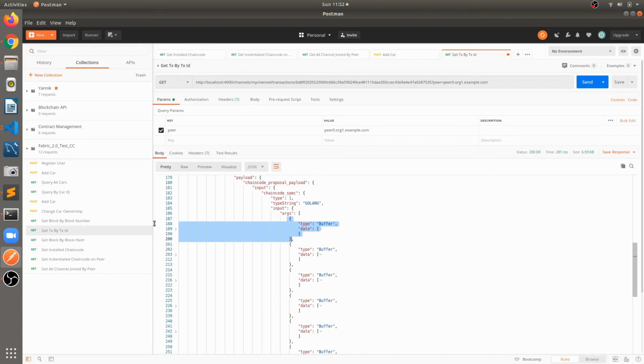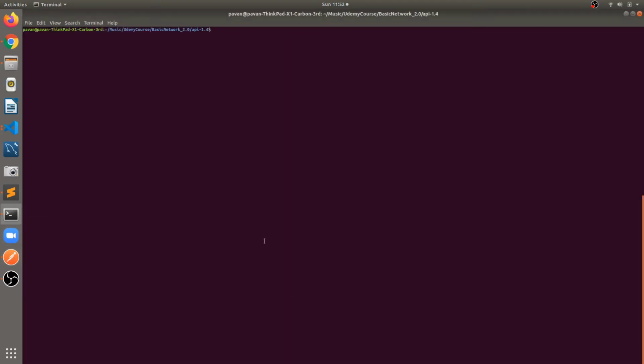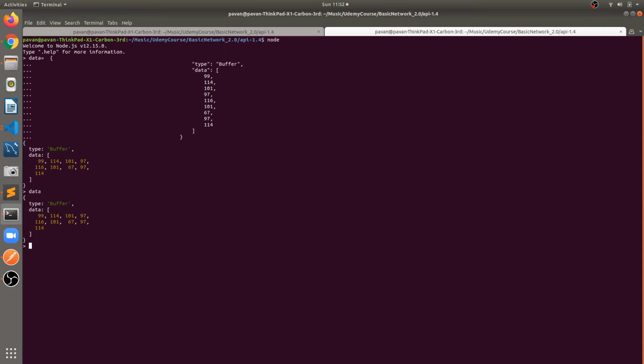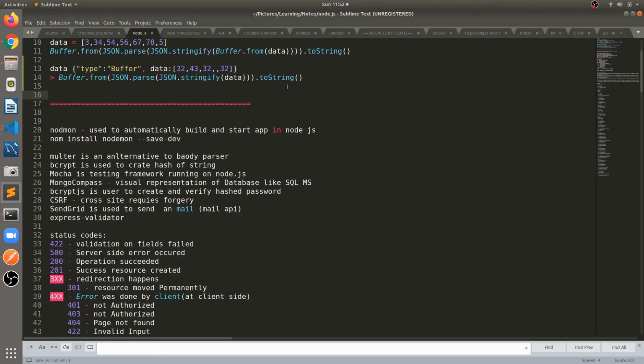So we'll decode it. Node, I hope you have already installed Node. Data equals, here we can see the data. This is the supercar actually, so we'll decode it. Just a moment, I have already written it.